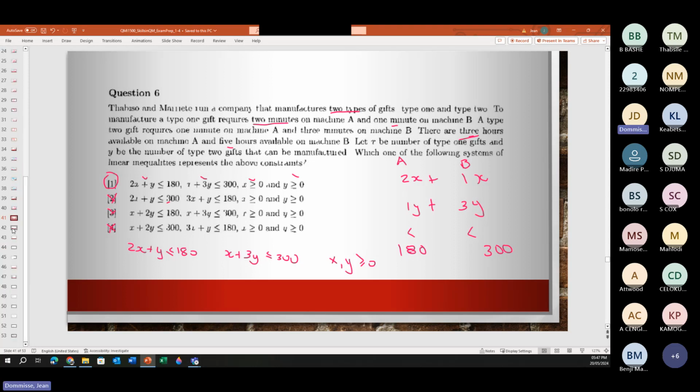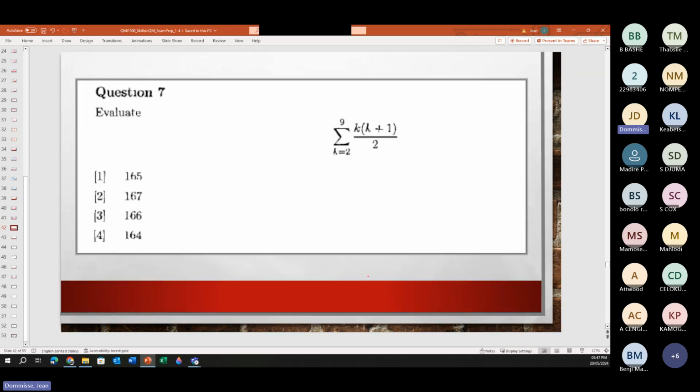Okay, let's get into the next one. So a bit different. You guys did summation. Now let's evaluate the sum when k is equal to 2, of k times (k plus 1) over 2, up until 9. So what we need to do is to say